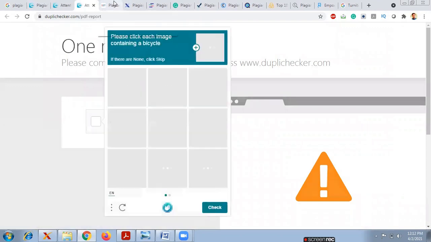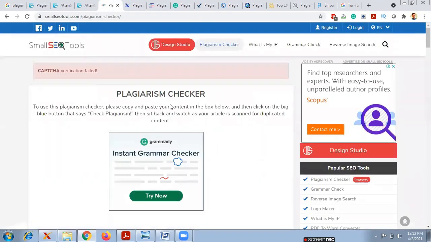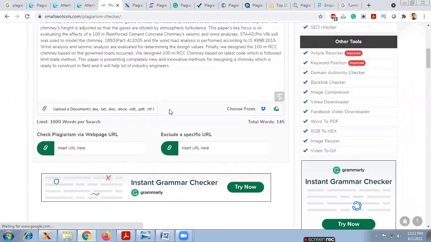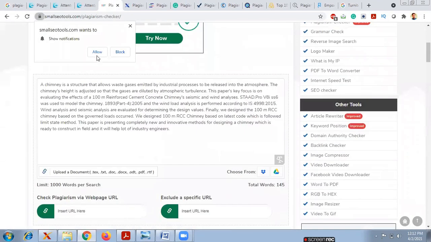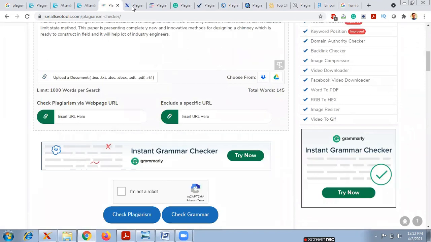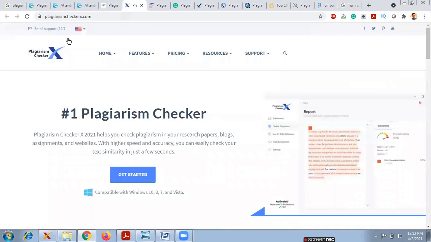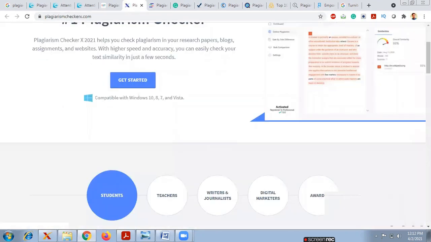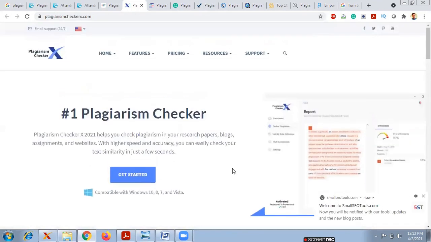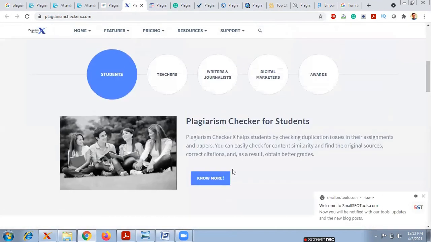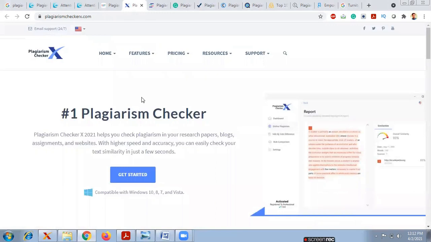Okay, next, the plagiarism verifier here. This one also you can simply copy and paste. You can check the plagiarized content. This is Small SEO Tools. And the next one is Plagiarism Checker X. Whatever we have done until now, the plagiarism checking content, it will show you like this. And you can download the student version also. You can download it from the internet. The next one is